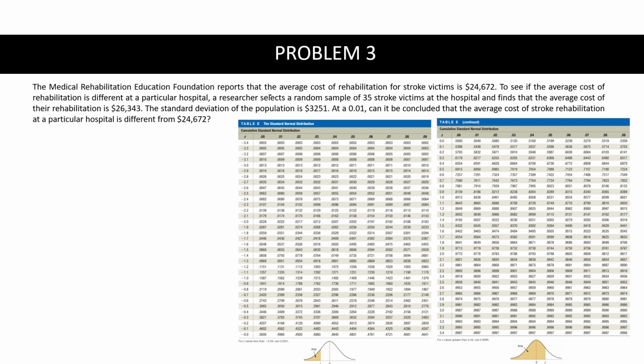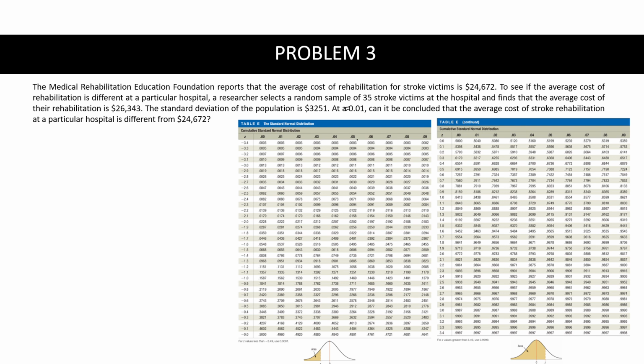The standard deviation of the population is $3,251. At alpha 0.01, can it be concluded that the average cost of stroke rehabilitation at a particular hospital is different from